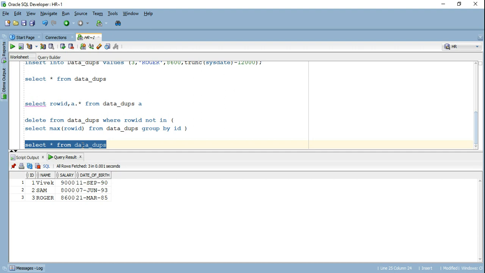Just to quickly rephrase, this is a very common question that you can come across when you are attending an interview, where the interviewer is going to ask that you have duplicate records in your Oracle table, how you can go ahead and delete them. You can specify that you will use the concept of ROWID in order to delete the duplicates. You will select the max ROWID corresponding to your natural key or candidate key or whatever should logically define a unique record. You do a group by on that particular key, identify the max ROWID corresponding to every ID, and then delete the data from the table where ROWID does not belong in that particular group.